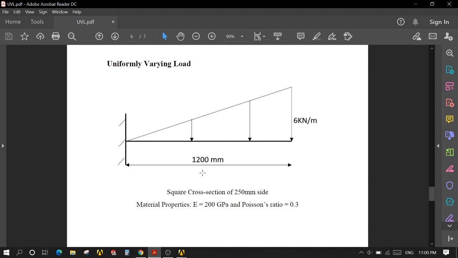In this video, we'll learn how to apply a uniformly varying load in Ansys APDL, both using and without using code. For simplicity, I've considered a cantilever beam which has only this UVL as the applied load. Let's consider a square cross-section of 250 mm side and material properties of E equals 200 gigapascals and Poisson's